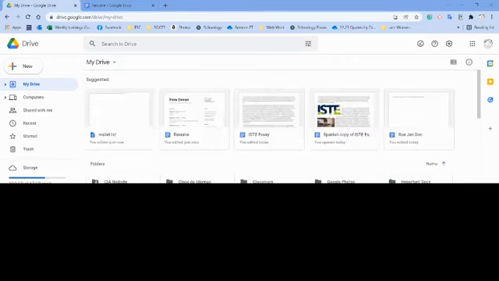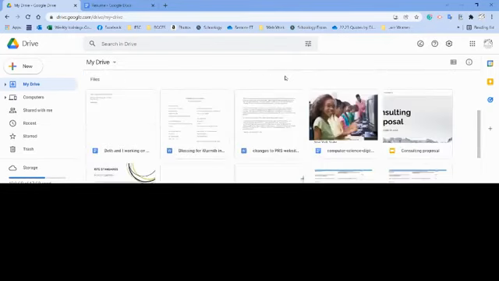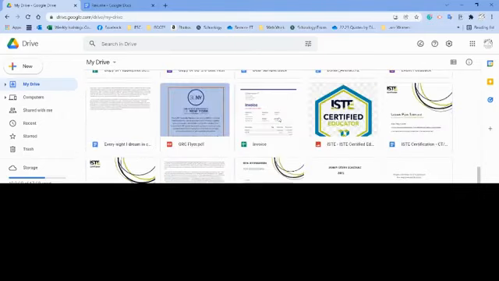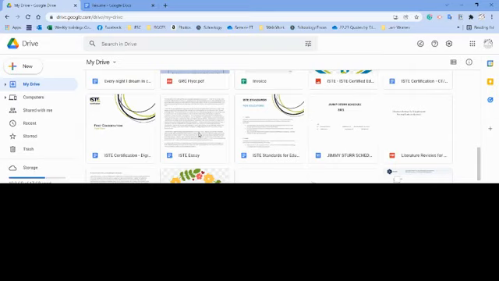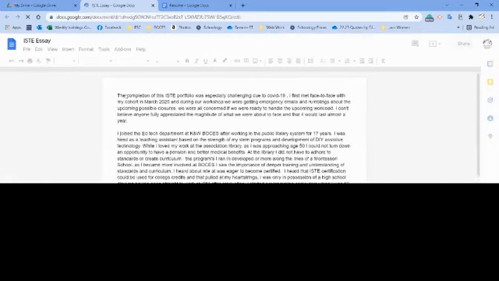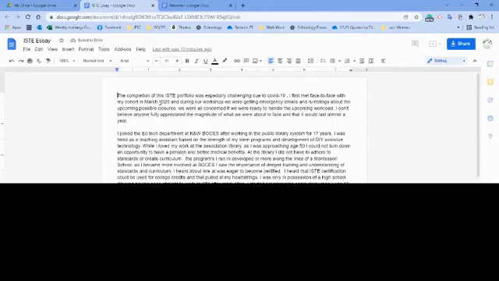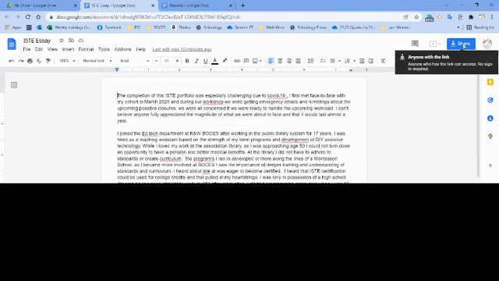Okay. So last class, we talked about sharing documents, and also a question came up in the chat, how do I add it to a Gmail? The easiest way to add a document to your Gmail is if you go, and I'm going to go to my ITSE document again, because that's the one we've been playing with tonight. Here's the ITSE essay. And I have it open. If I wanted to include this in a Gmail or to anyone's email, I'm going to go over to the right-hand side here where it says share. And if I click on that,